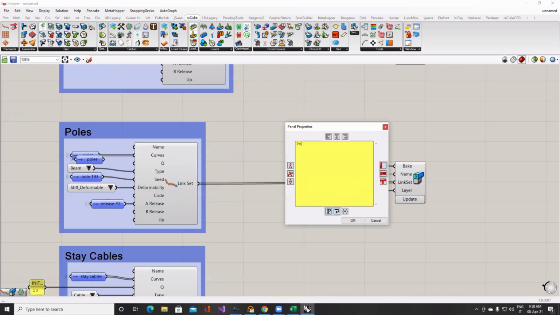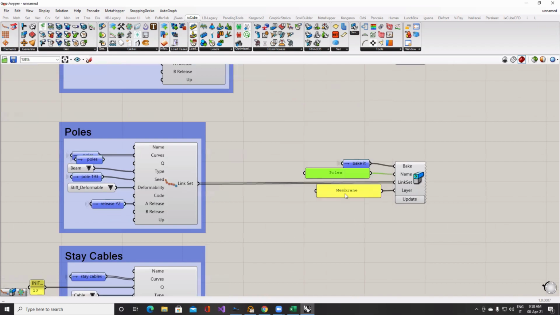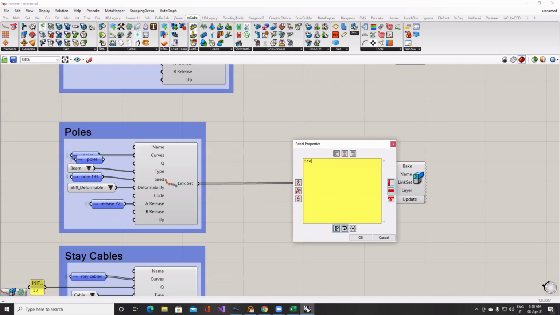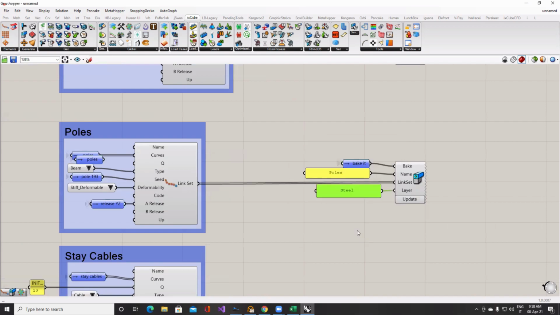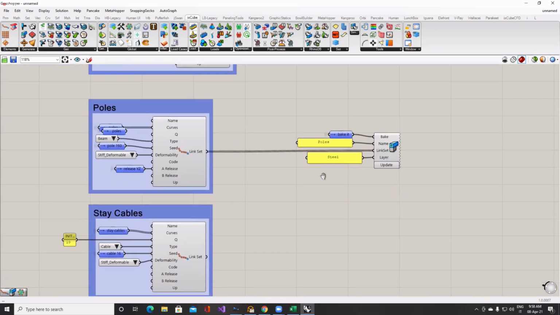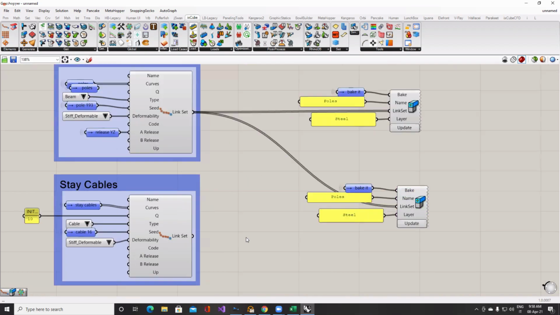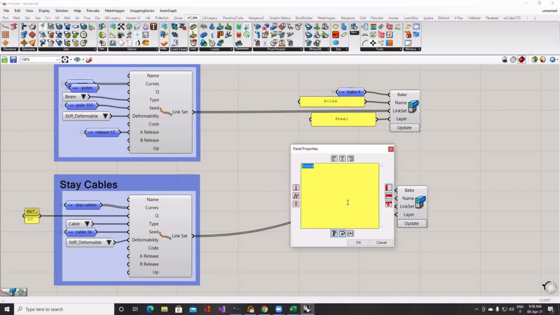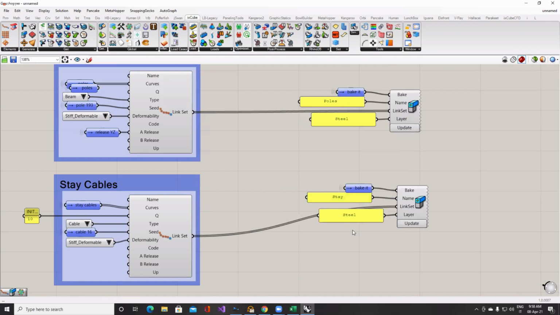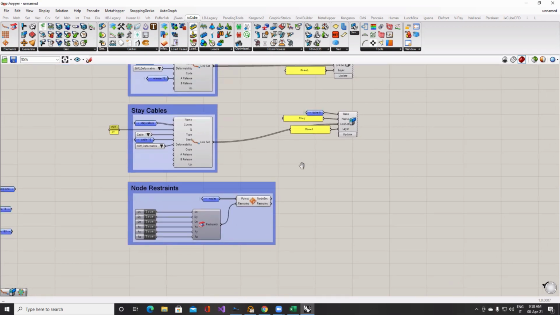The name is poles, and I will put them in the steel layer. Then we have the stay cables. I will leave them in the steel layer. And then the last one